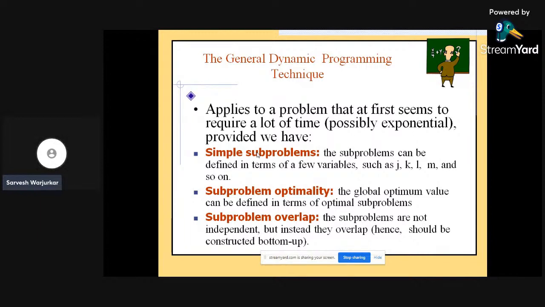The subproblems can be defined in terms of a few variables such as j, k, l, m, and so on. The subproblem can be of optimality, and the global optimum value can be defined in terms of optimal subproblems as well. The 0/1 knapsack cannot be solved by a greedy approach, and the greedy approach does not ensure any optimal solution,